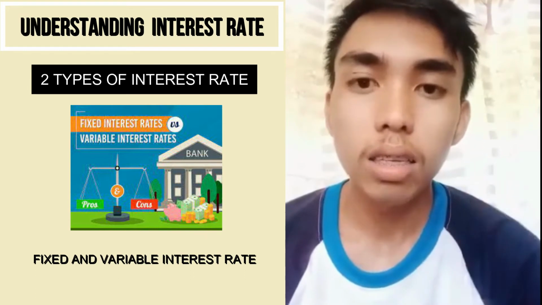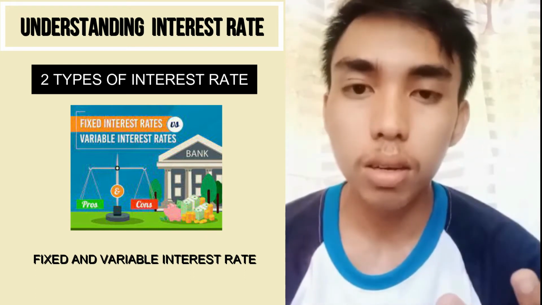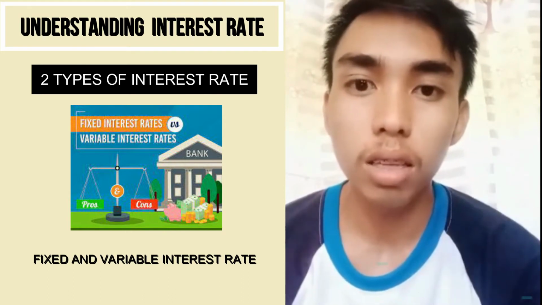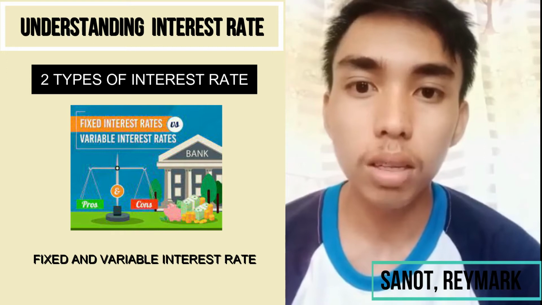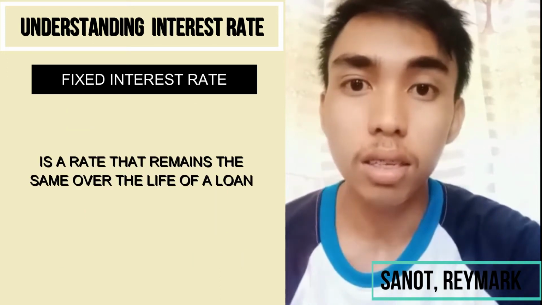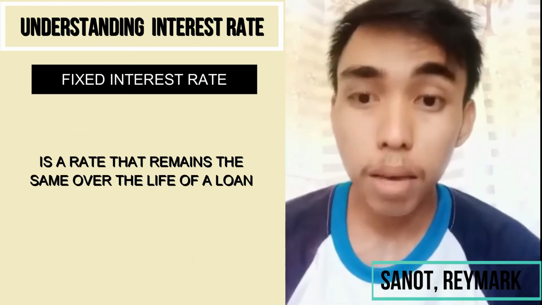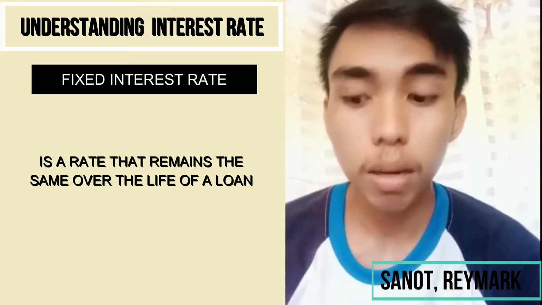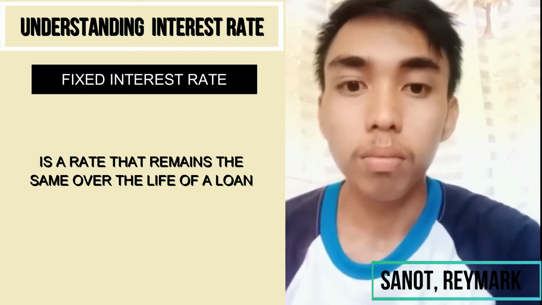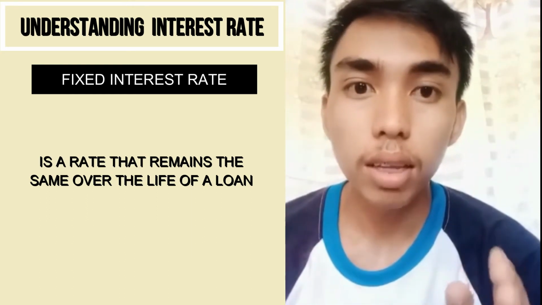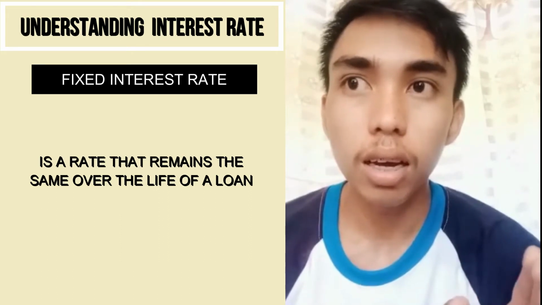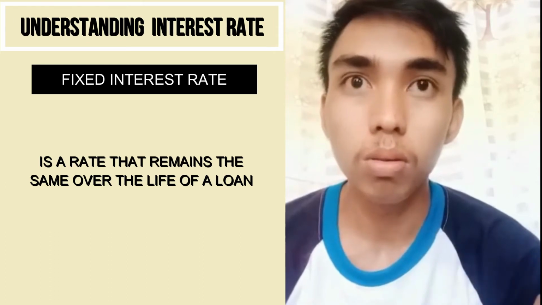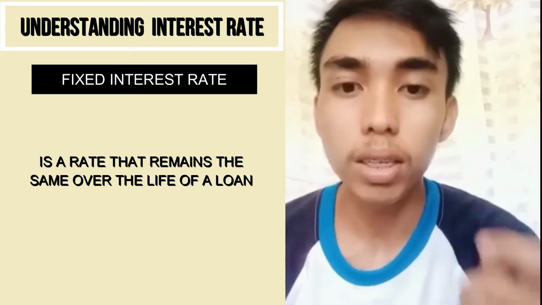So, in interest rate, there are two types of interest rate, which is the fixed interest and the variable interest. So first, you must understand what is the fixed interest. So fixed interest is a rate that remains the same over the life of the loan. Hindi siya nagbabago hanggang sa matapos mo ang loan mo. So yun ang example ng fixed interest. Wala siyang posibilidad na magbago yung loan mo, yung binabayaran mo sa loan mo, ganun pa rin siya hanggang sa